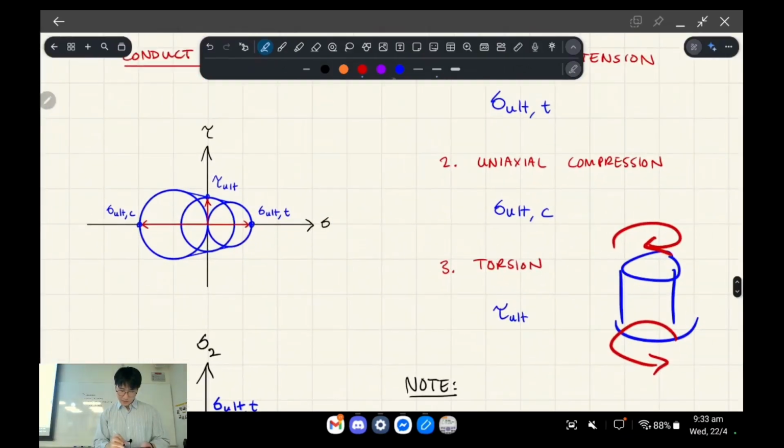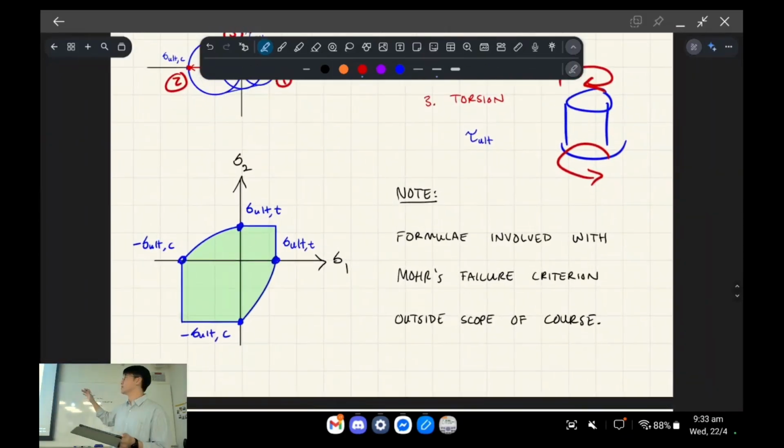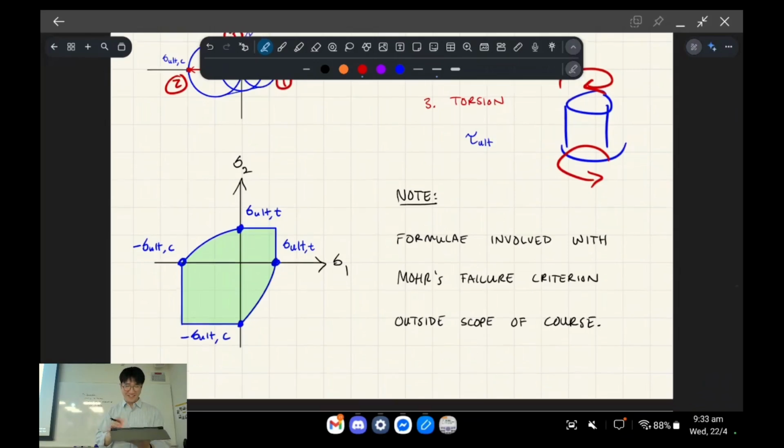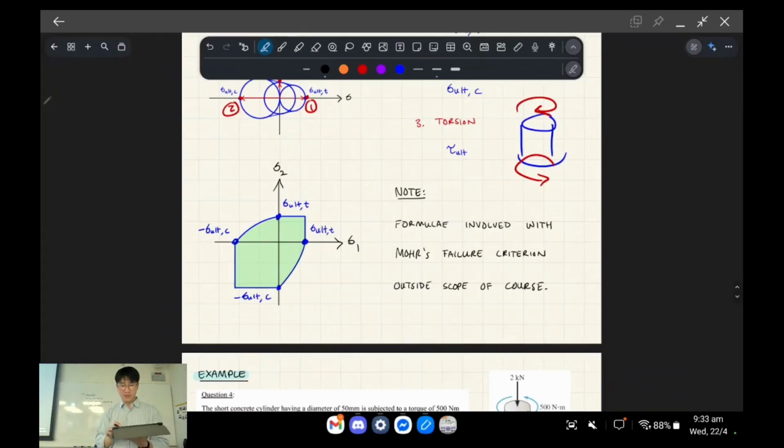So the first test will give you this value out here on your Mohr circle. The second test will give you this value out here on your Mohr circle. The third test will give you this value on your Mohr circle, okay? And from that you can deduce this failure envelope, which is what it looks like on a shear and axial stress graph, right? In terms of what it looks like on a principal stresses graph, it actually looks like that, okay? Anyway, we actually don't talk about this in the course, but you will see it in soil mechanics, if you're doing soil mechanics.